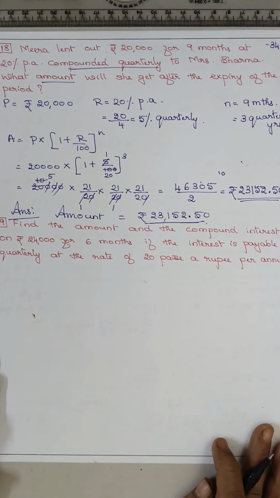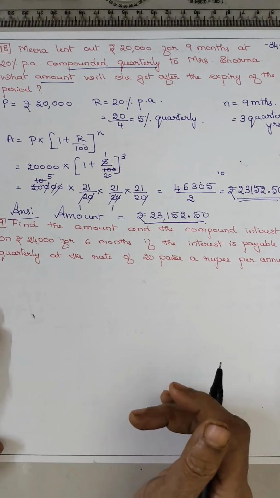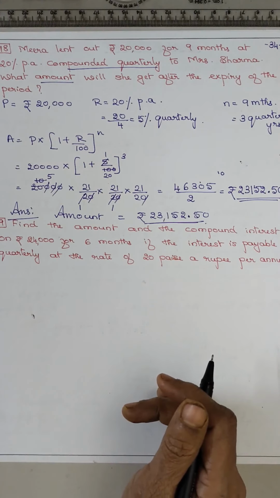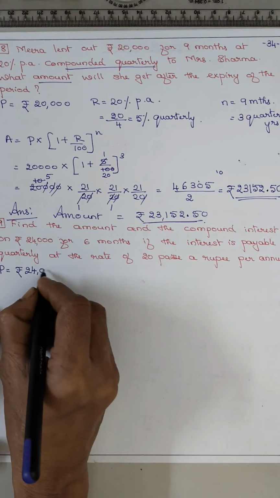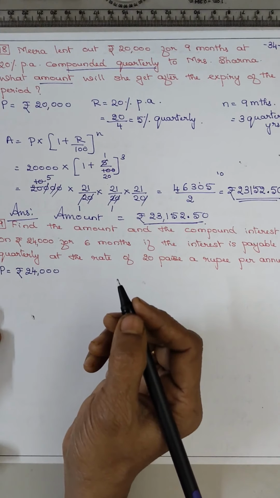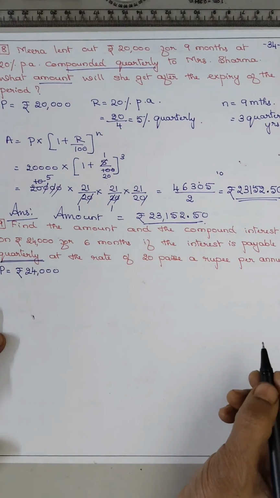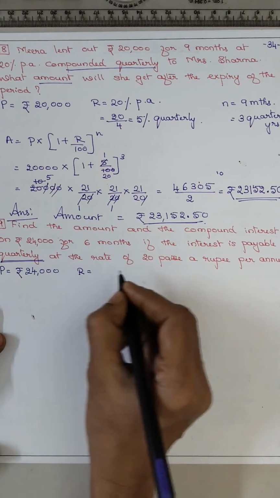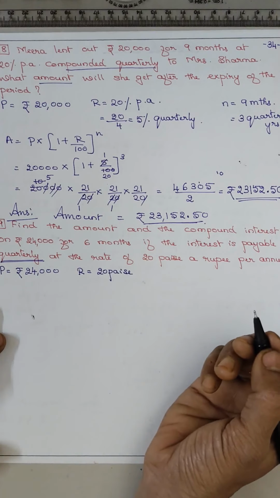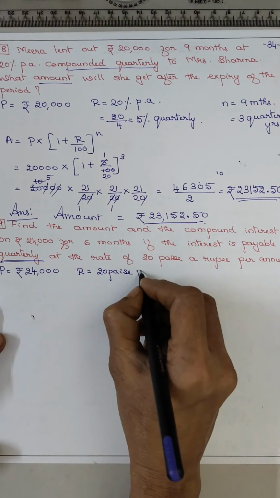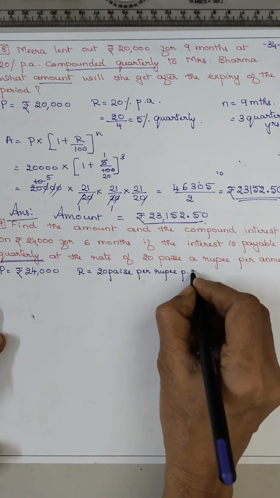Was it easy? Now coming to the last sum, find the amount and the compound interest on rupees 24,000. So principal is rupees 24,000 for 6 months, if the interest is payable quarterly at the rate of R is equal to 20 paise a rupee, means per rupee, हर एक रुपीस के लिए 20 पैसे पर एनम,